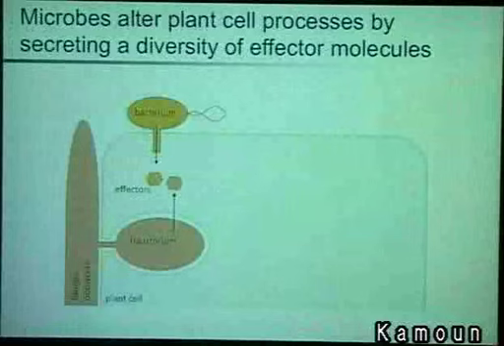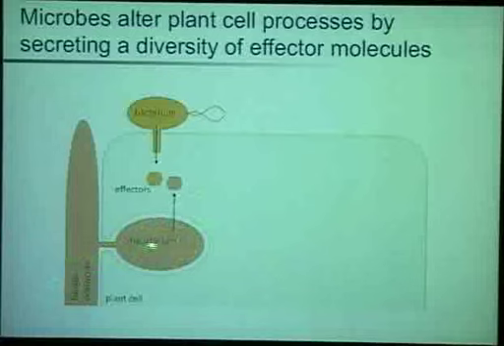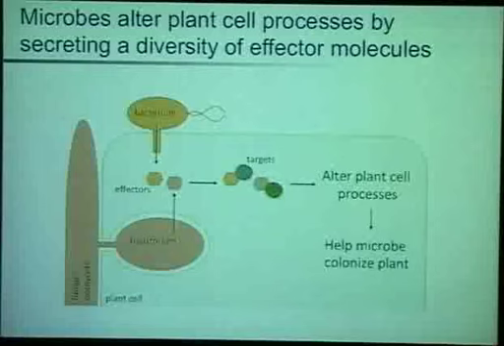So the model, and Jeff introduced this, and I would like to revisit a little bit this concept, because I approach it more from the microbial side, from the pathogen side. So I'd like to start from the microbes. We know that bacteria can inject proteins inside plant cells. Fungi or oomycetes also form these structures called haustoria, which also enable them to secrete proteins inside plant cells. And the reason they do that is to interact with plant targets, plant molecules, perturb plant processes, and essentially anything